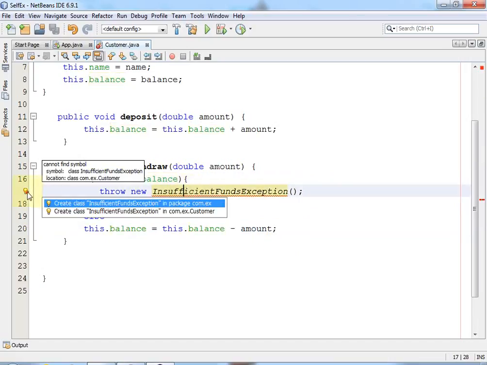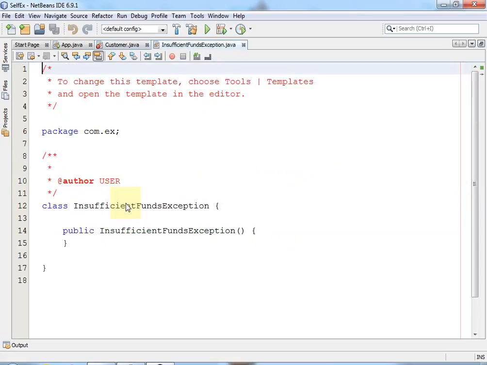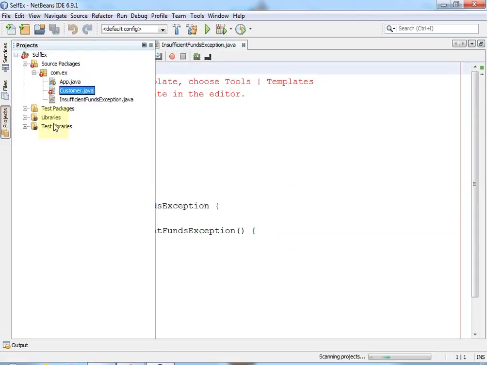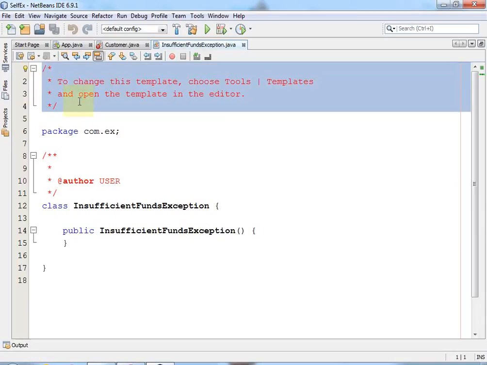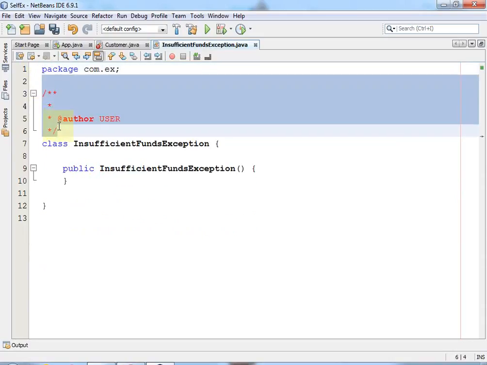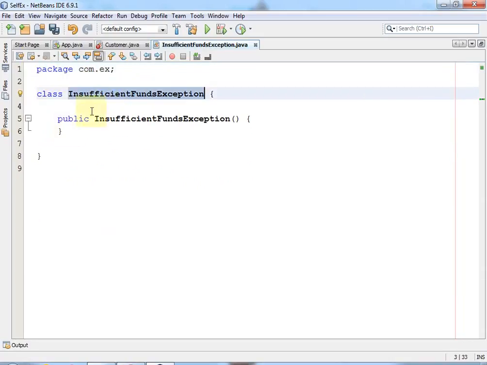If I click on this here, it says create InsufficientFundsException. So I'll click on this. It creates a new class here. If you check the project structure, it creates a new class for us. I'll delete the comments here. Now for making this add to our exception tree, if you remember the exception tree,